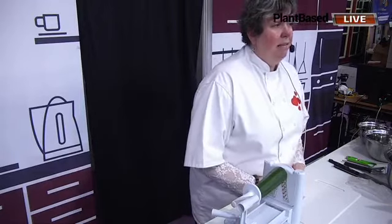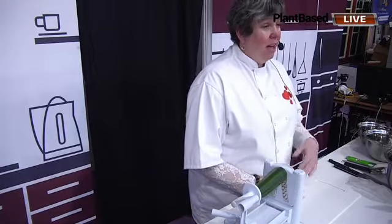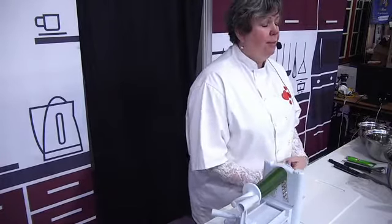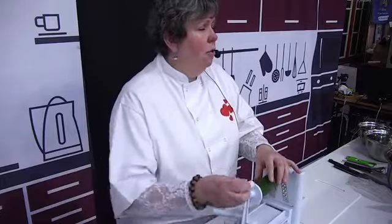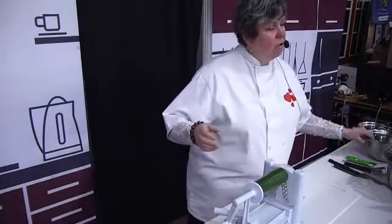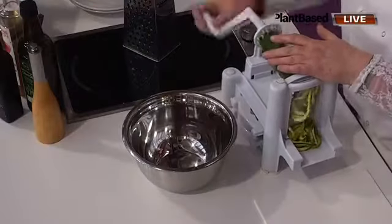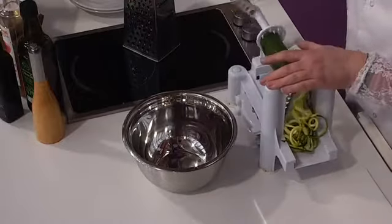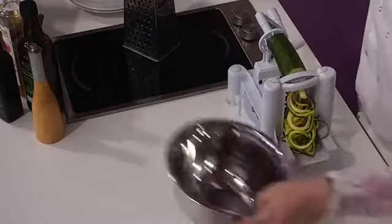So we all know the colours of our chakras, but my idea is, what colours are you putting on your plate? Because if you're looking at what you're putting on your plate, this is what your chakras are actually needing. So if you've got a plate of green food, and your dishes are all green, then you're actually feeding the heart chakra. And what tends to happen is people put on their plate exactly what their chakra is